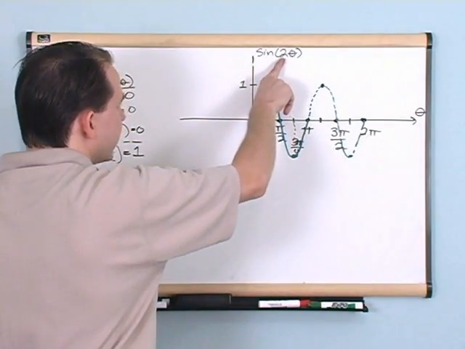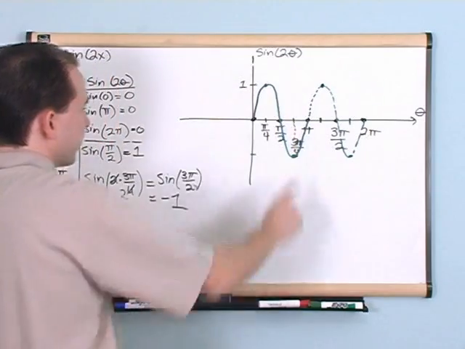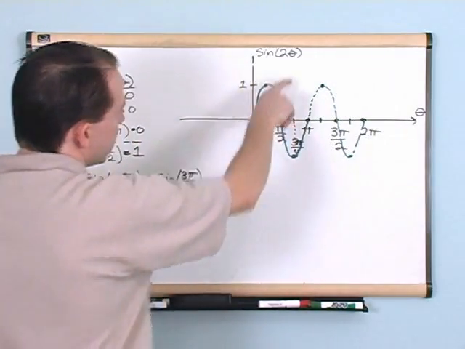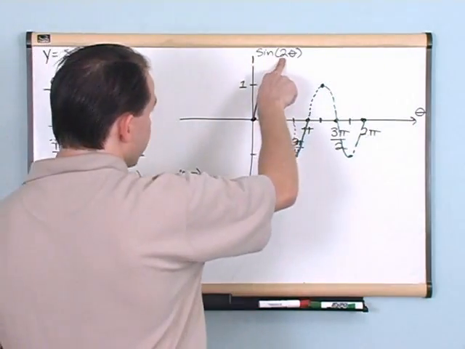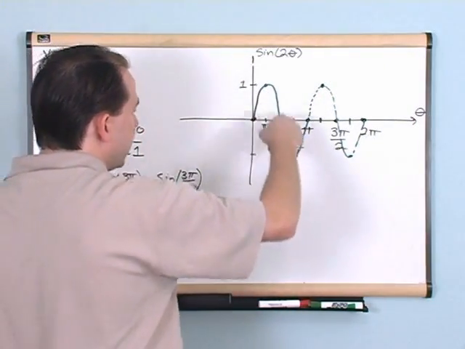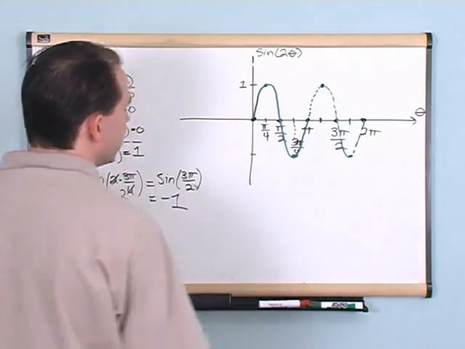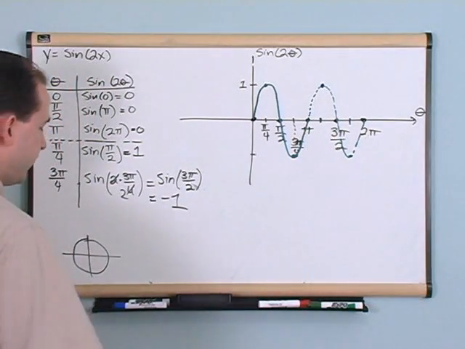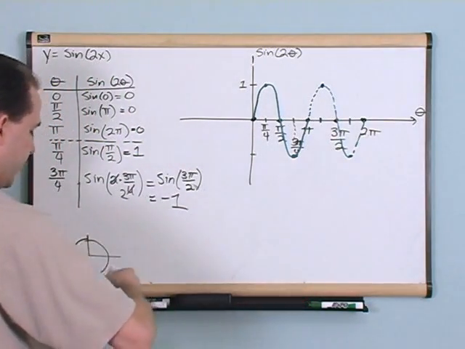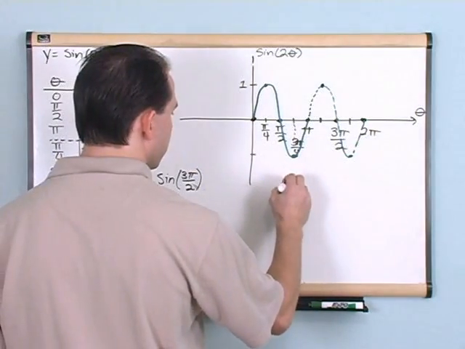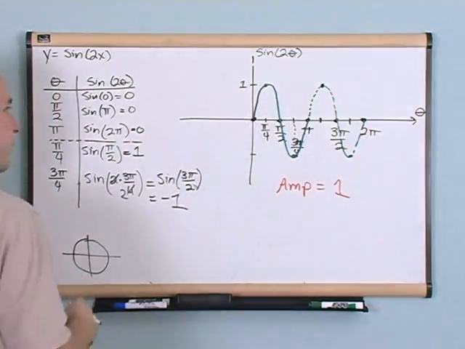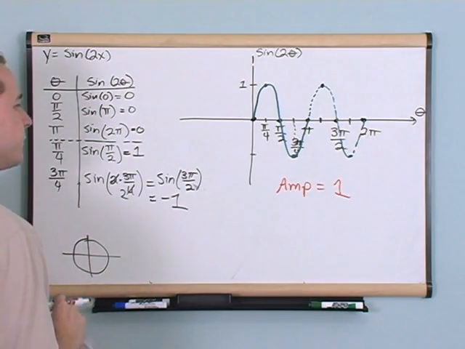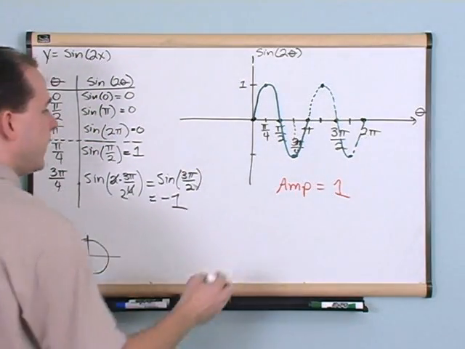The 2 cycles come directly from this number here. Basically, when you see a number in front of a theta like that, whatever the number is, you're going to see that many waves in a 2 pi region. So here, the amplitude is still equal to 1 because it doesn't go bigger or smaller than 1 or negative 1. And the period